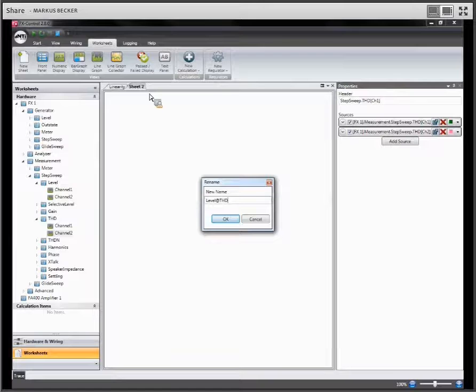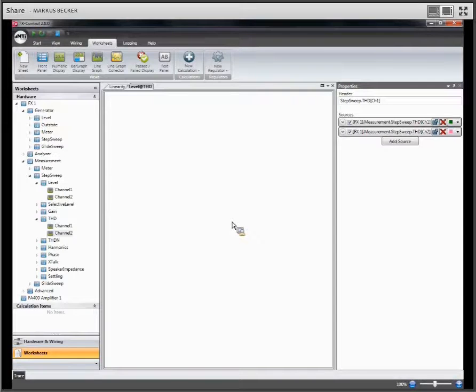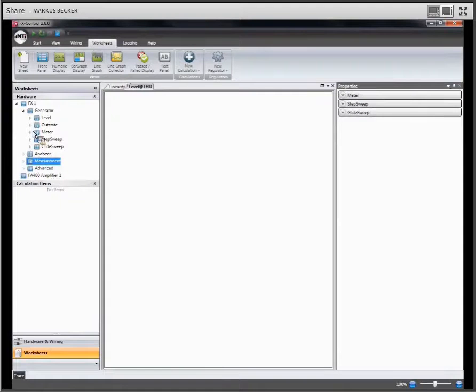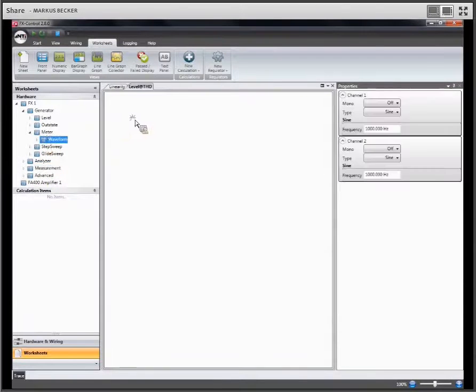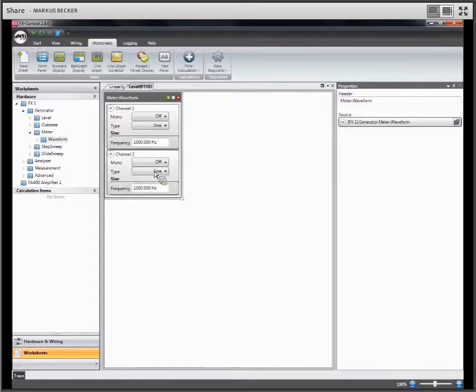So in here now I want to establish a test that tells me at which generator output level, which is the input level of the amplifier, I can achieve a certain distortion of the amplifier, at which level I get the 0.1% distortion. So for that purpose, I need the meter waveform properties here on my worksheet, because I want to adjust the test frequency to 7500 Hertz.